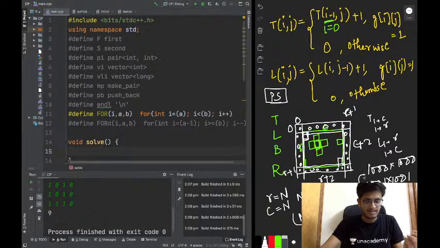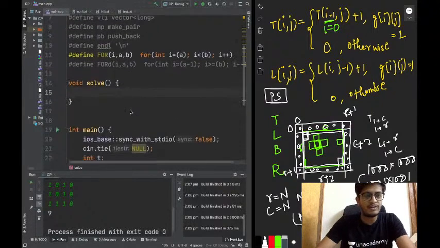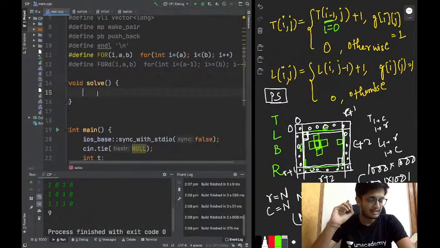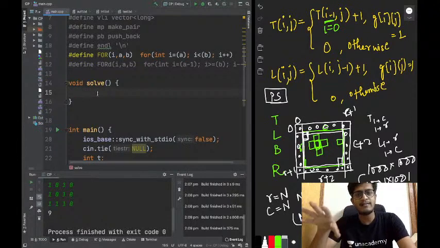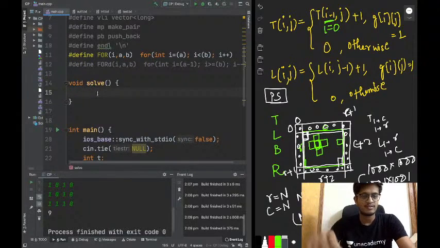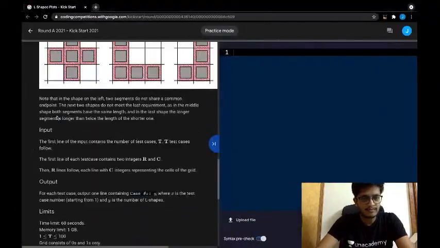Okay, cool. So what we will do is, we will make the entire problem one indexed. The grid, the top matrix, the bottom matrix, the right matrix, the left matrix, everything one indexed, and everything of size R plus 1 cross C plus 1, so that we don't have to worry about things. Okay, so let me see the input.